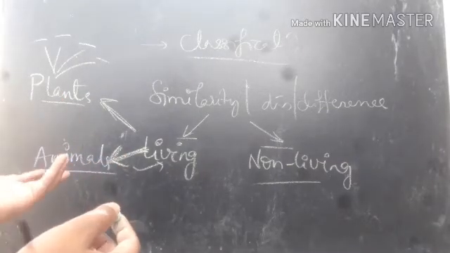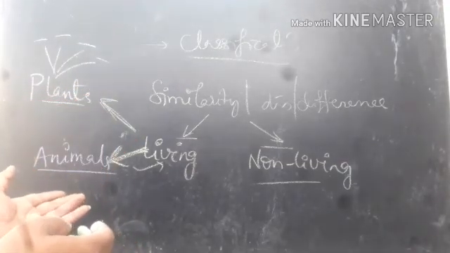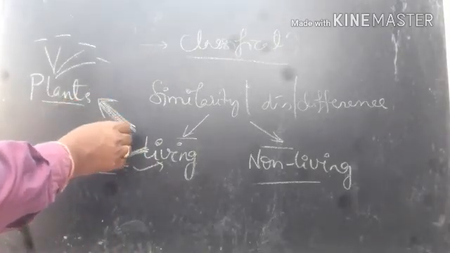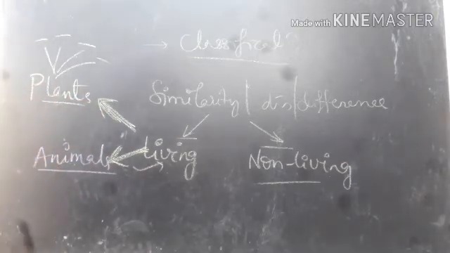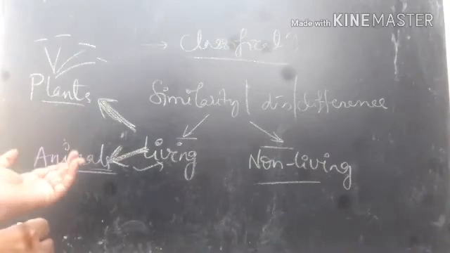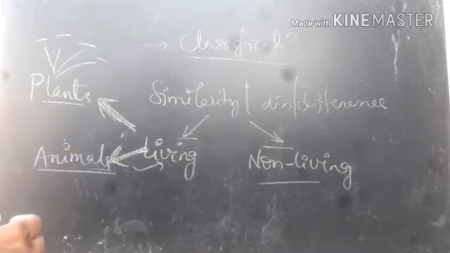Here the base is nutrition, meaning whether they are able to prepare their own food, or otherwise they depend upon others for food. So if they are able to prepare their own food, we can confirm them as plants. And if they are depending upon others, then we have to say they are animals. So let us see the plants from these. What can you conclude? Rose, algae, hydrilla, cactus, tree, these are plants. Whereas dog, grasshopper, earthworm, fish, hen, these are called animals.